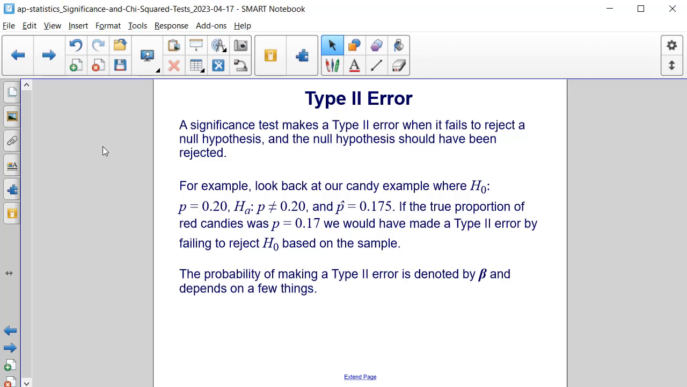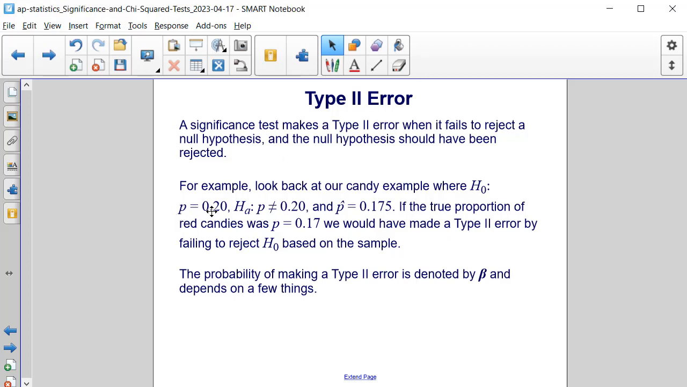Now let's talk about the type 2 error. A significance test makes a type 2 error when it fails to reject a null hypothesis, and the null hypothesis should have been rejected. For example, if we look back at our candy example, where the null hypothesis was that